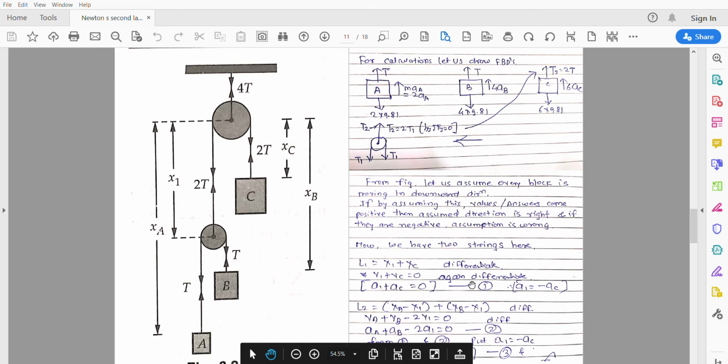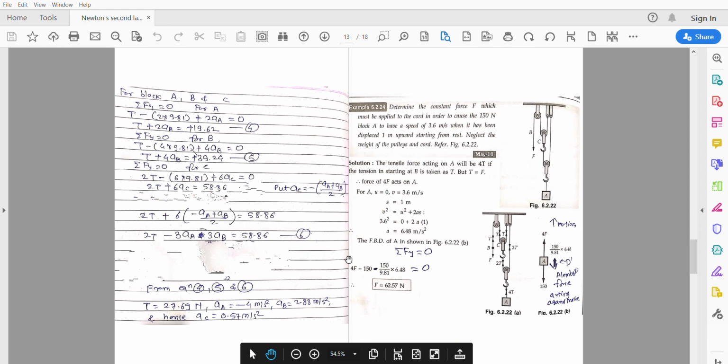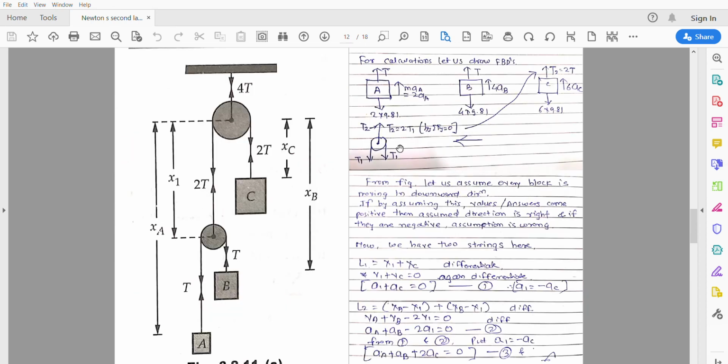Differentiate, you will get equation of acceleration from this equation also and from this equation also. Just rearrange that and you will get one equation of aB and aC, acceleration A, B and C. And for block A, B and C, the free body diagrams are shown here. Now assume motion of the blocks, for all the blocks, assume motion either in upward or downward direction. Just assume single direction. If the values are correct, positive, your assumed direction is correct. If wrong, assumed direction is wrong. Don't waste time in thinking which direction to be selected.